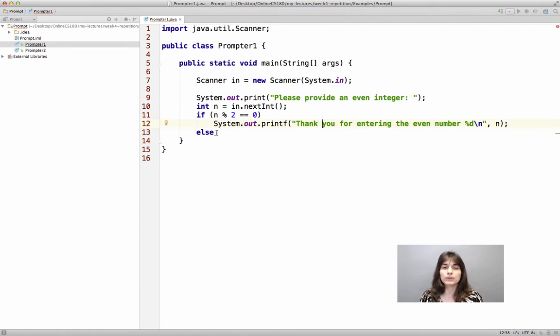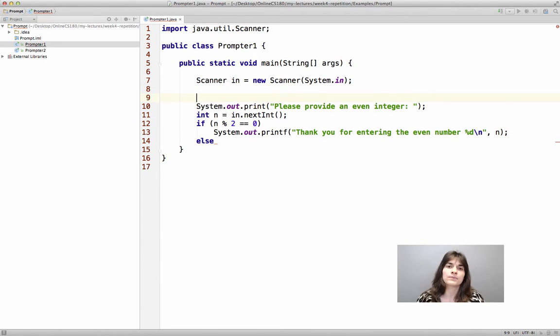And otherwise we would keep on doing the same thing again and again. So you see that we actually need a loop, because we are repeating the statement again and again. We don't know how many times we will need to repeat it, we only know the condition.